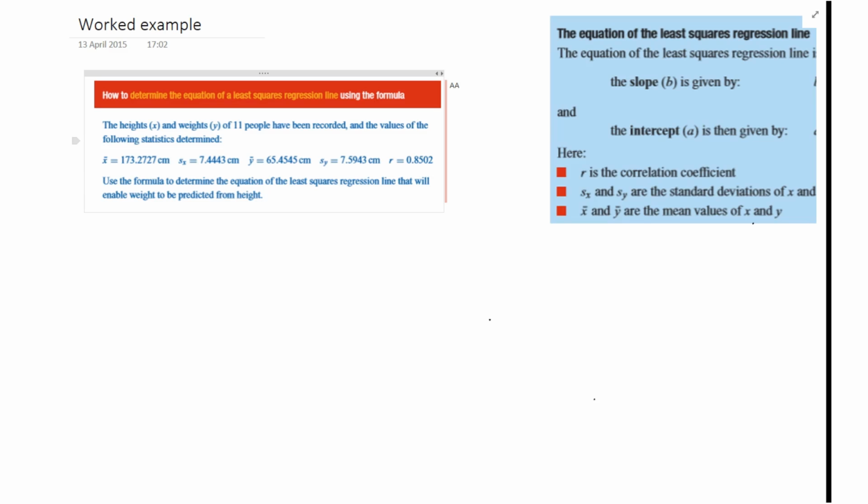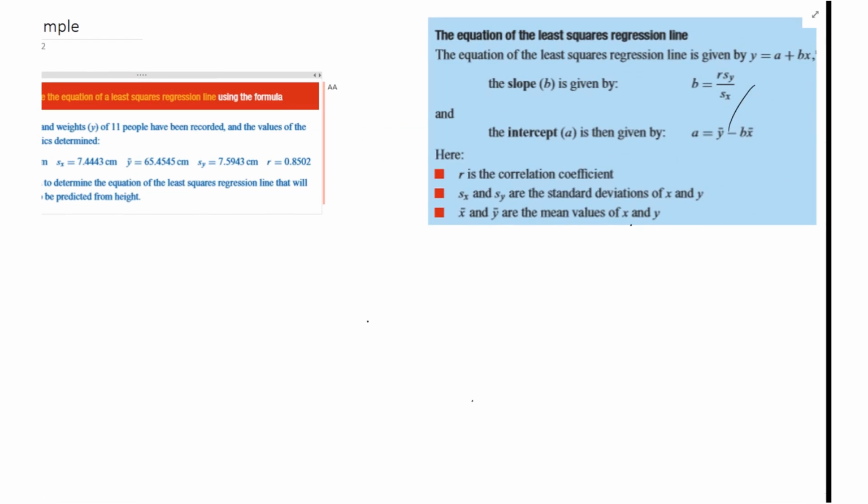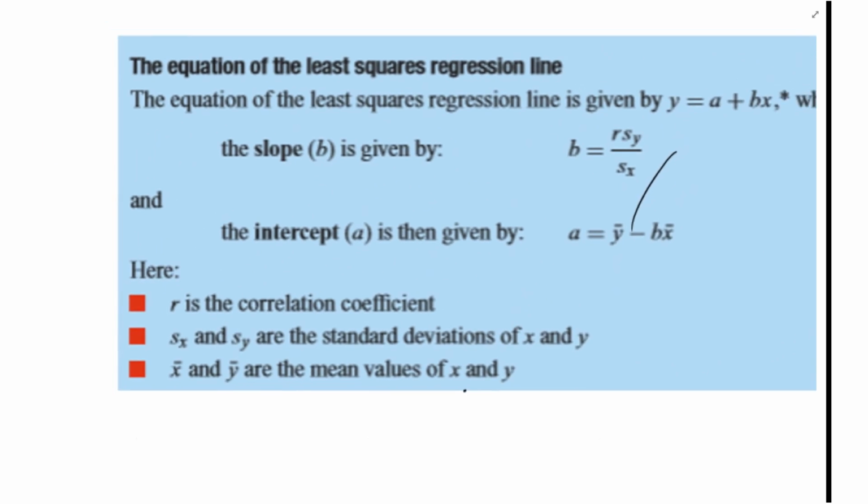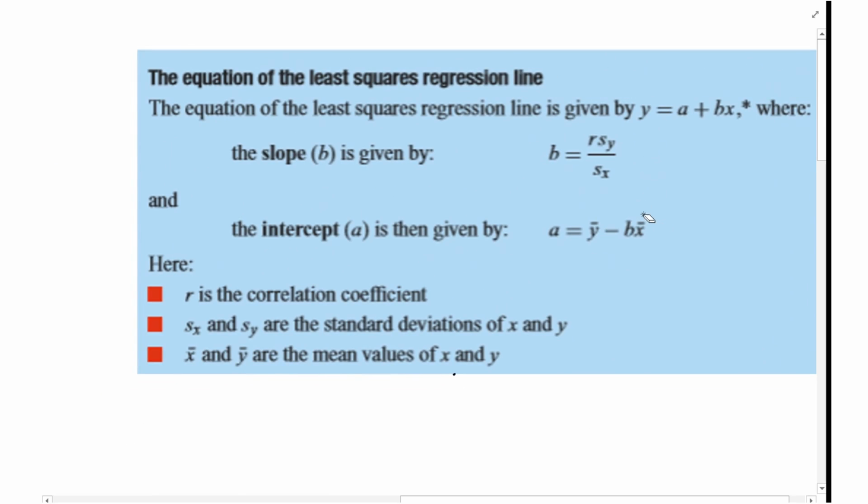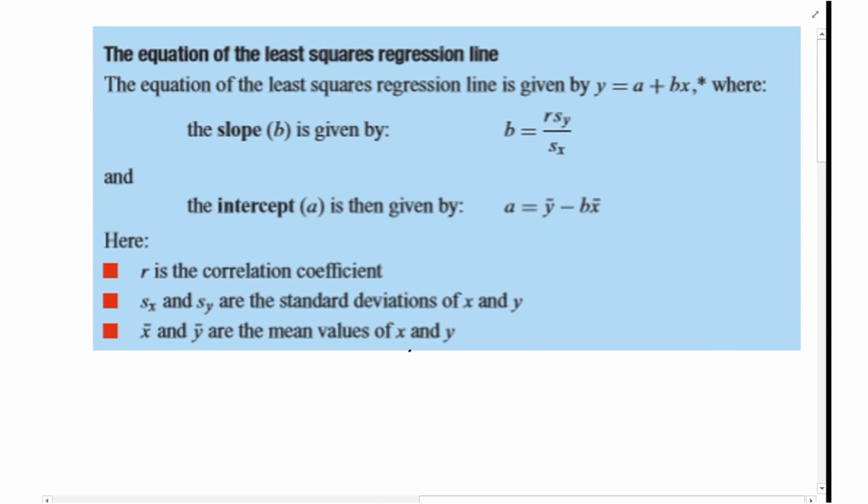Okay, in this video, we're looking through worked examples to do with the equation of a least squares regression line, especially in the context of not calculating it through your calculator, but using the equation that you've already seen. So it's to generate this equation here, where we work out what b is using sy and sx and r, and where we then, knowing b, put b in there, and then this is to work out a, we're going to go the mean of the x and